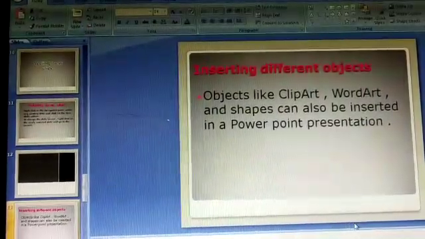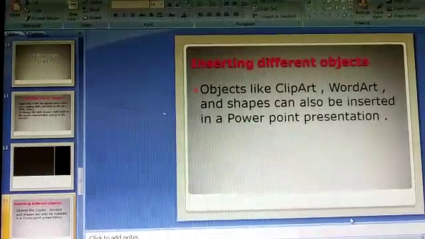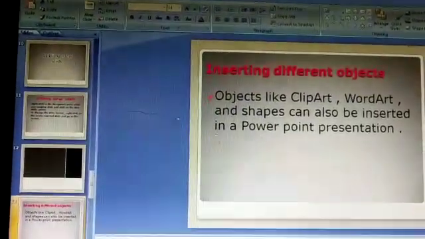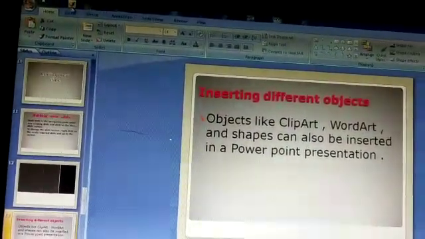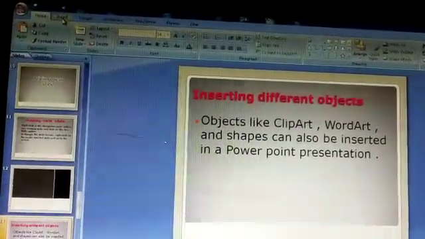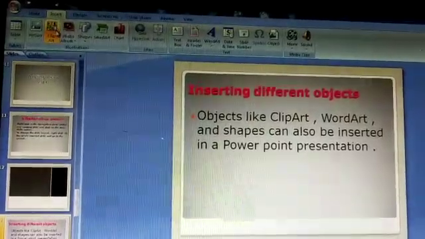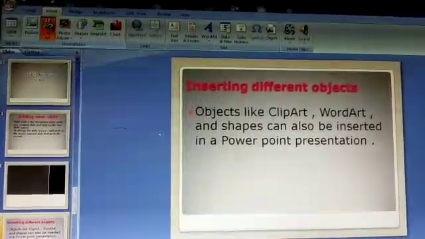First, I will show you how we can insert an image with clip art. Students, this is our home tab. You have to click on this insert option. Click here. You can see clip art is there. Click there.